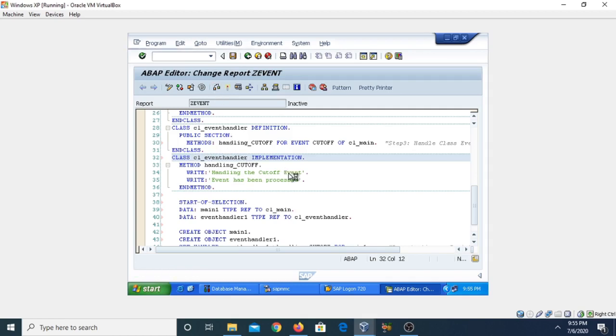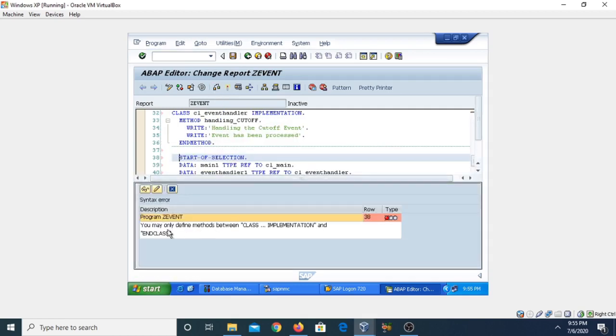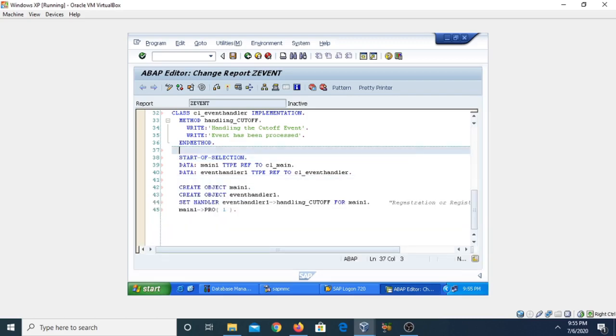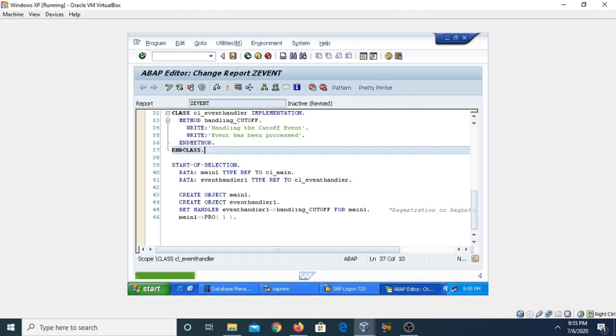Check for the consistency. We may only define methods between class implementation and endclass, so we have forgotten the endclass. Now click on the save button, use the pretty printer, and then check for the errors.